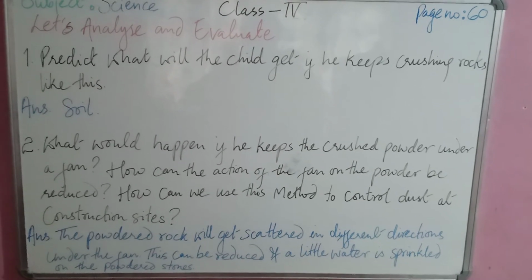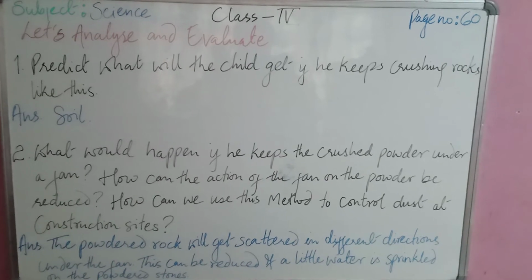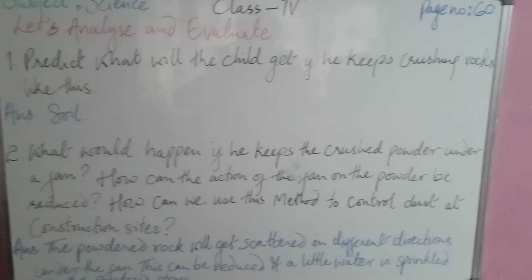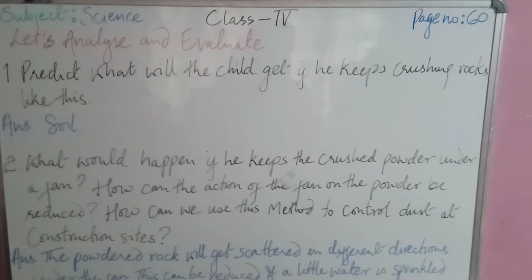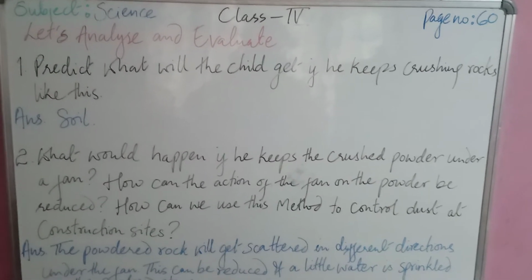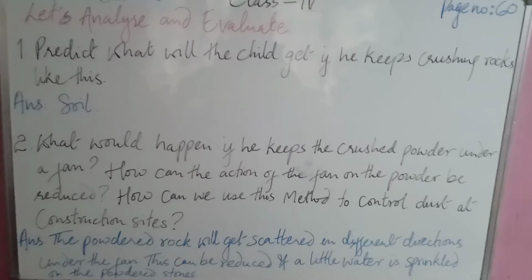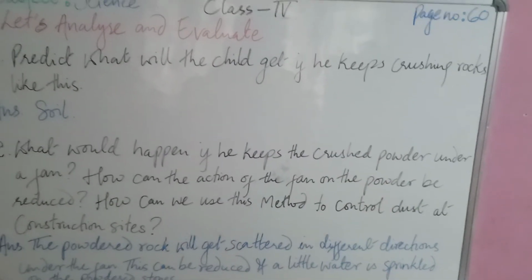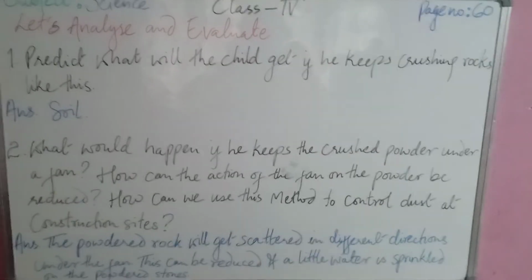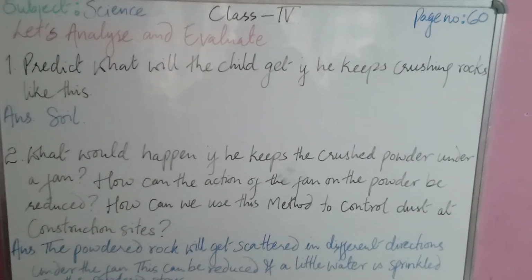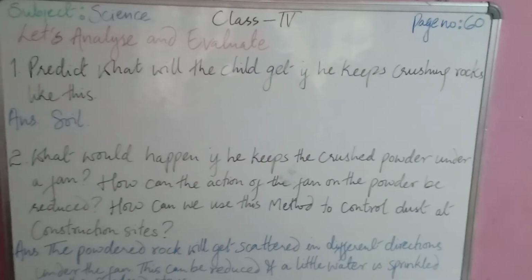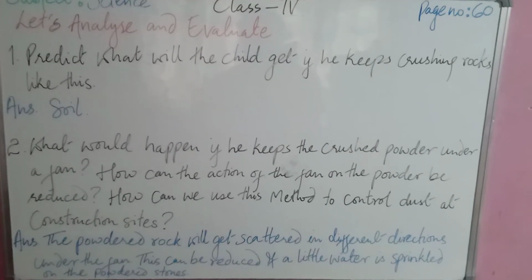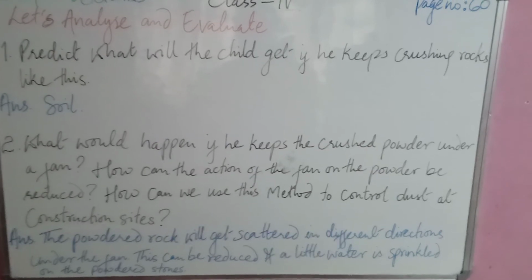Question 1: predict what the child will get if he keeps crushing the rock like this. As you can see in your book, there is a child who is using a rock crusher, okay, a stone crusher. So what will happen if he keeps on going like this? It becomes soil, okay. So then we have,